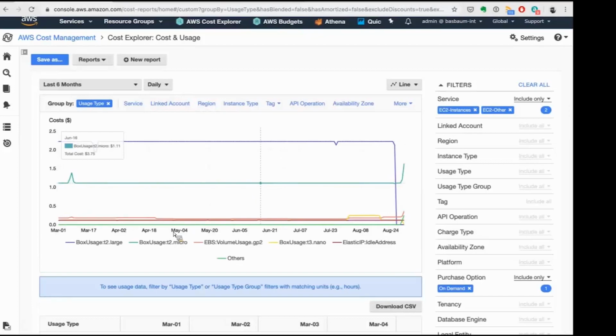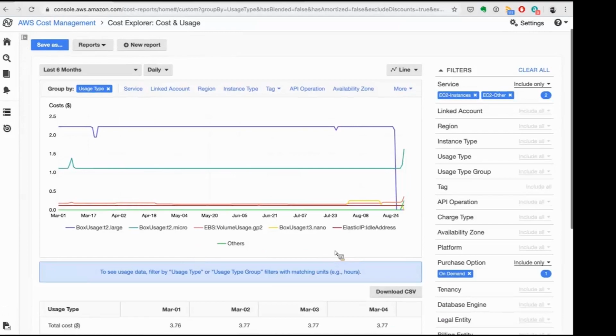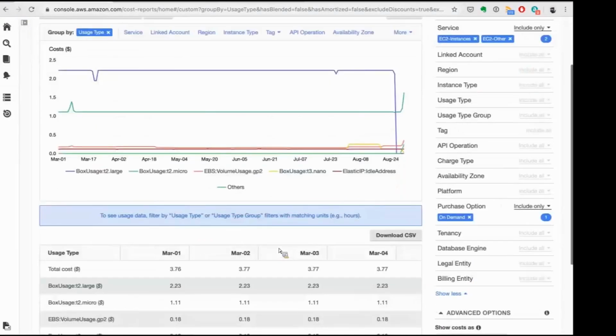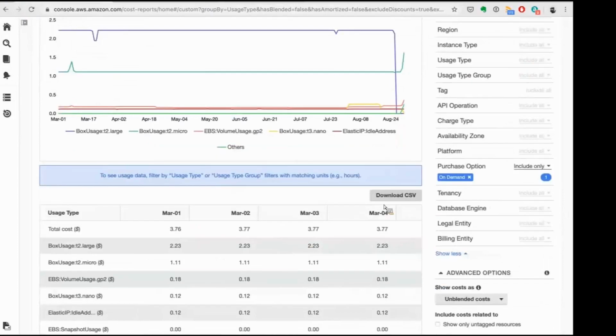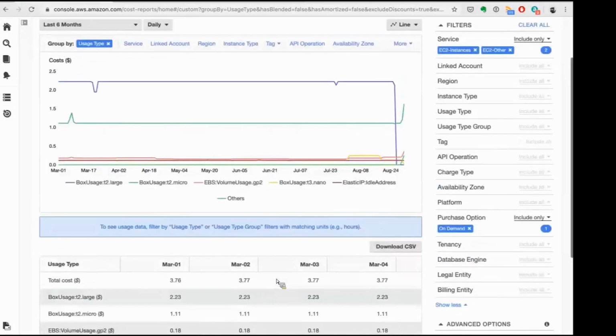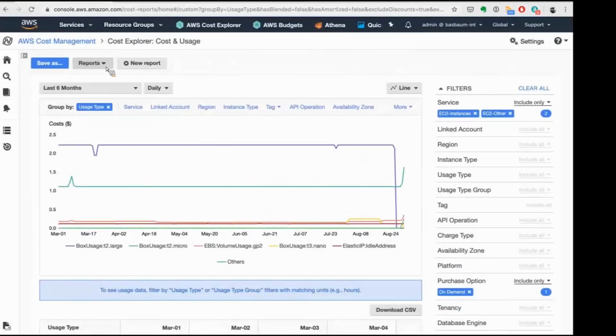Yeah, and you can also see the other items. In the same report you can see not only the instances, but also Elastic IP and EBS. Again, you can download all of this as a CSV and have more details here. So I think this is a nice, interesting report. And to finalize this first part of the demo of the Cost Explorer,